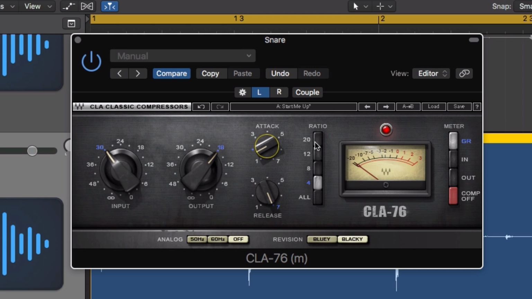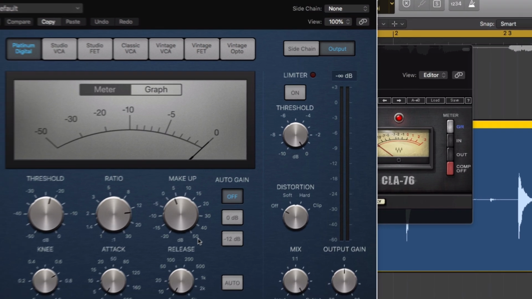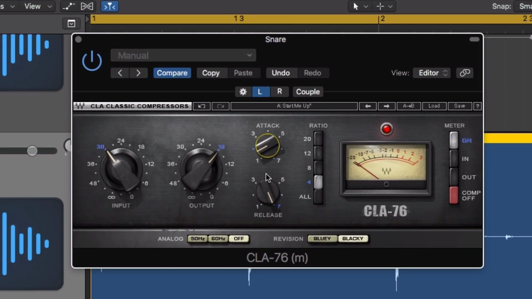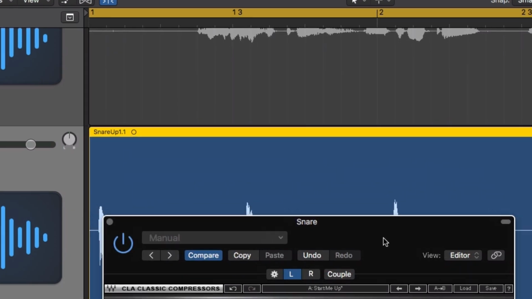It's microseconds. So with a lot of stock compressors, they only really go down to like either 0 or 0.5 and then 1 millisecond. With this, we're down at like, you know, 1/10 of a millisecond in microseconds. And even at the slower setting, it's still microseconds. So it's really, really, really fast. And the same on the release. So let's leave this engaged and actually listen to what it's doing before we look at the